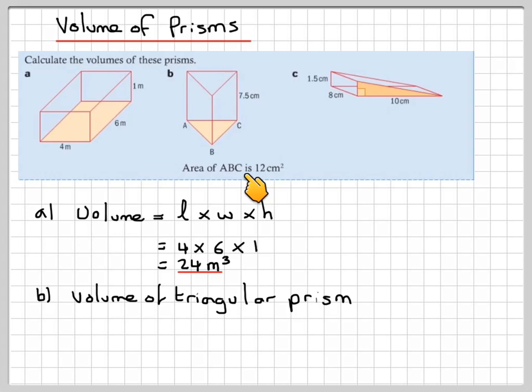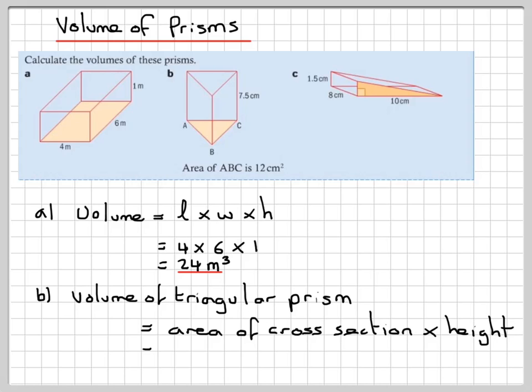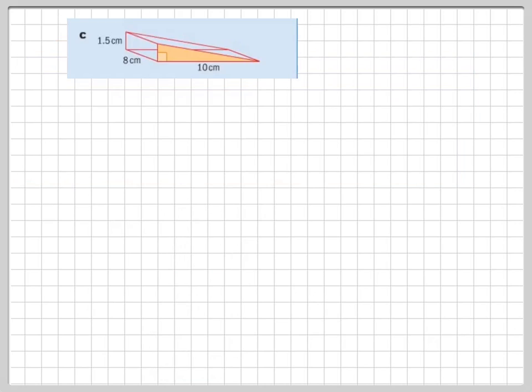However, we are given the area of the base already, so we don't need to calculate it. So the volume this time will be the area of the cross-section, which is 12, times the height, which is 7.5, which gives 90 centimeters cubed. And again the units are consistent because we've got centimeters and centimeters squared. Final case,